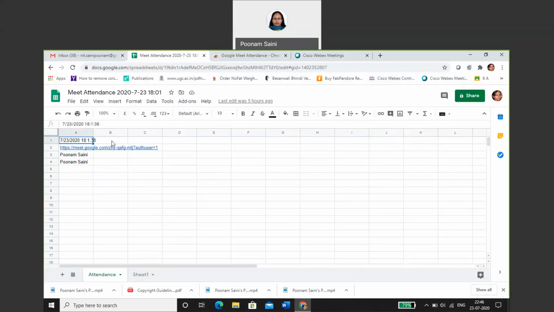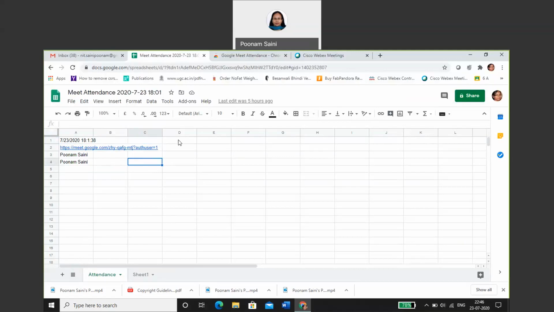These timestamps can also record the lag of students switching into the online sessions due to network or technical issues. For example, somebody logged in here at this timestamp, and somehow due to a network or technical issue the student has logged off or got disconnected. Then again, when he or she enters into the class, there will be a new timestamp generated automatically on this sheet, and then the student name will appear here.